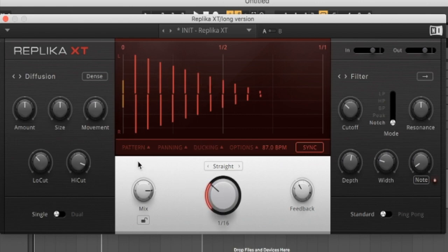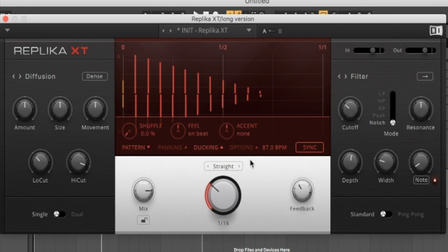Sorry, I'm getting into way too many details. But yeah, this is dope. You can shuffle it, you can mess with panning and ducking and all that. Totally parameters, but the big point is that it does this